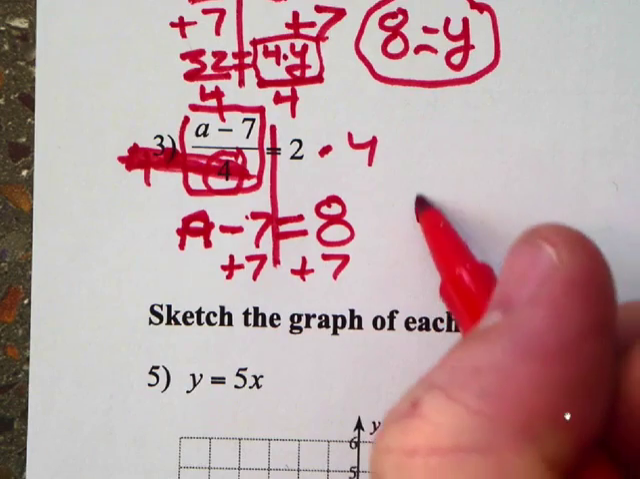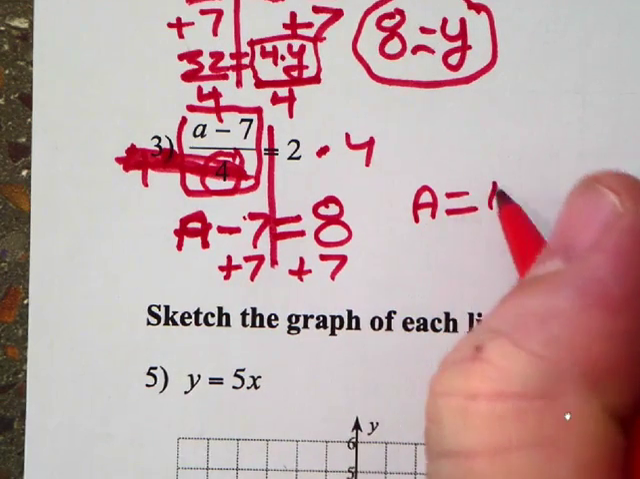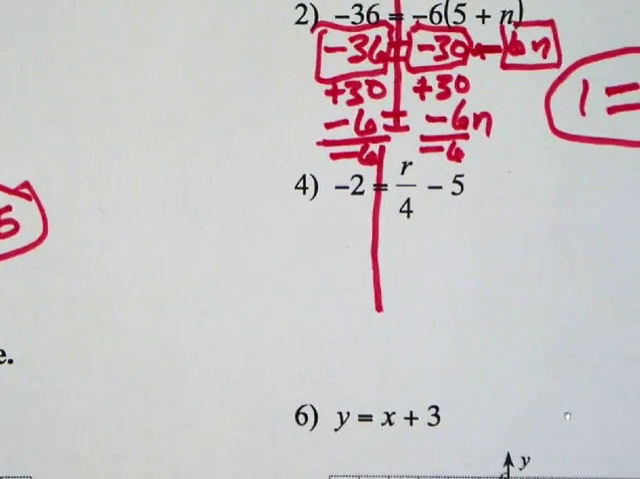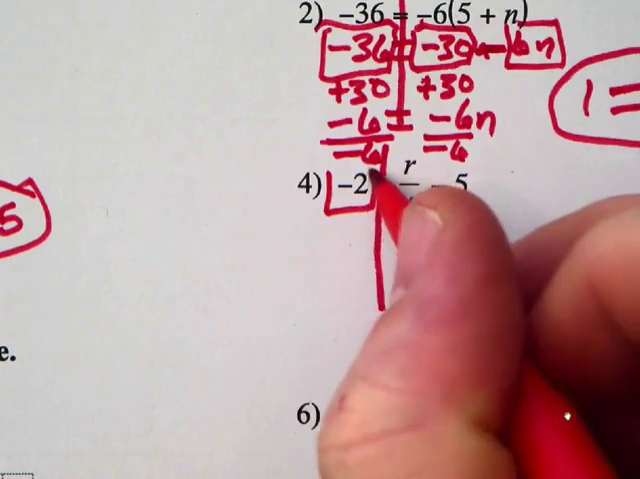Now we have A equals, and what does A equal? 8 plus 7 is 15, and we're done. Okay, number 4. Get all the pieces in a box